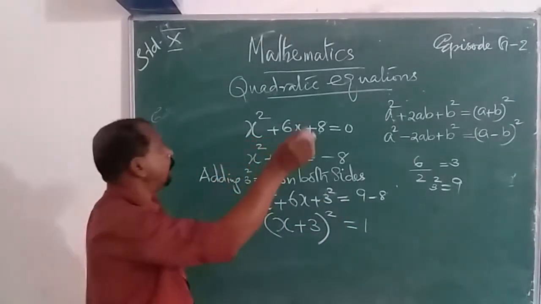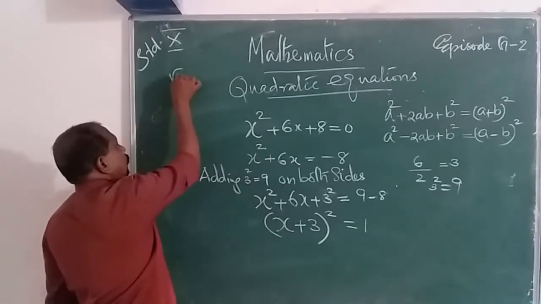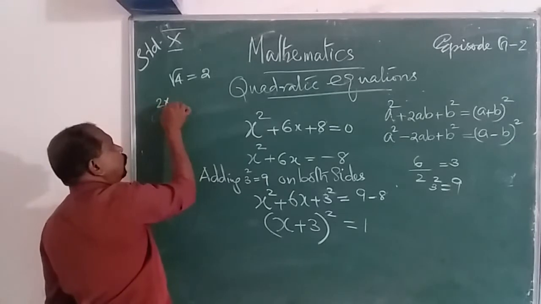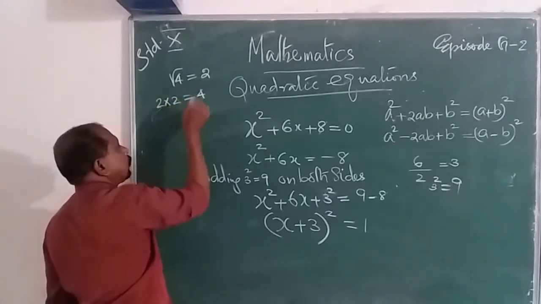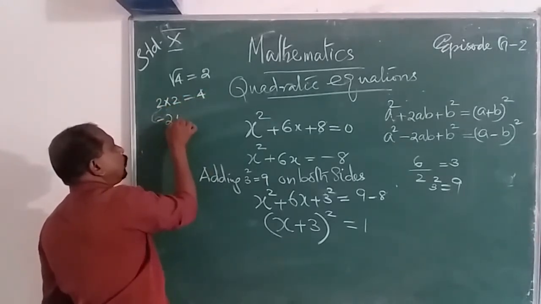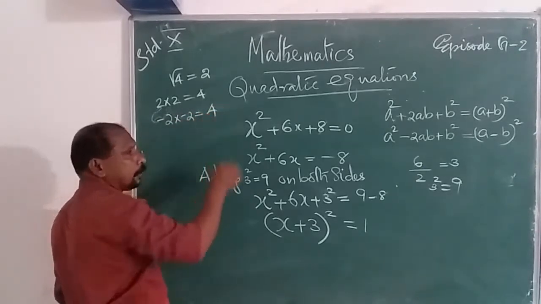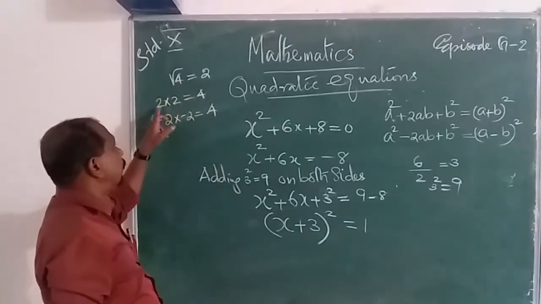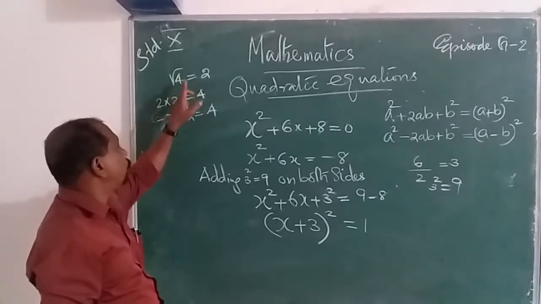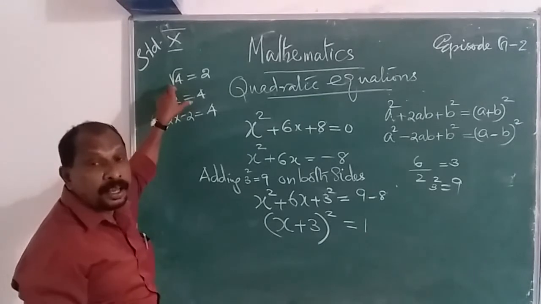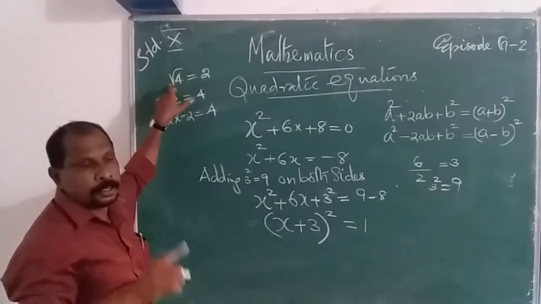For example, root 4 is equal to 2, that means 2 into 2 is equal to 4. Minus 2 into minus 2 is equal to what? 4. Therefore, root 4 is sometimes 2 or sometimes minus 2. That means in the radical expression, this is known as a radical expression, root